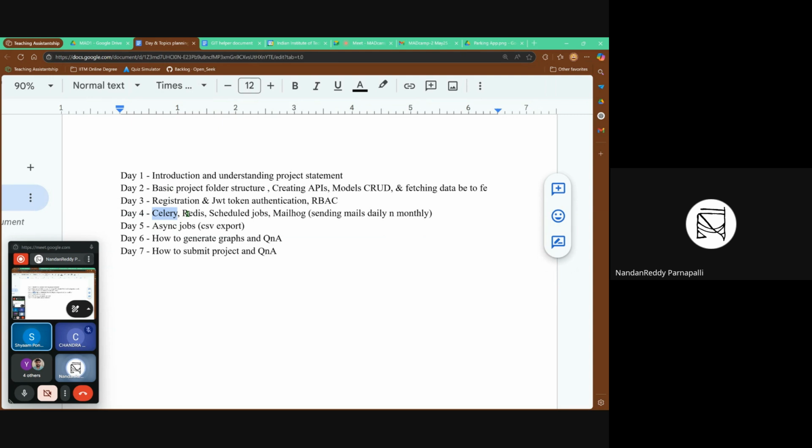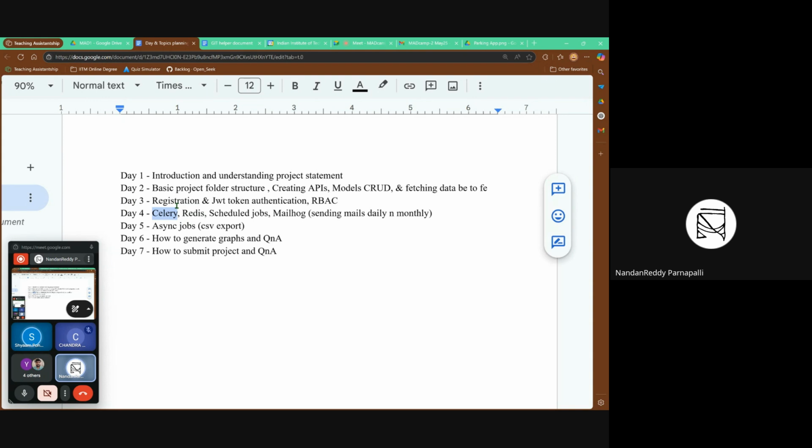Okay. So Redis is a server which will handle some tasks. It is the same as the APIs, but the only thing is Celery, Redis, it stores the information in the random access memory. Okay, we will go through that very deep in day 4. Just to be very clear, in layman's terms, both Celery and Redis work together to create asynchronous jobs,